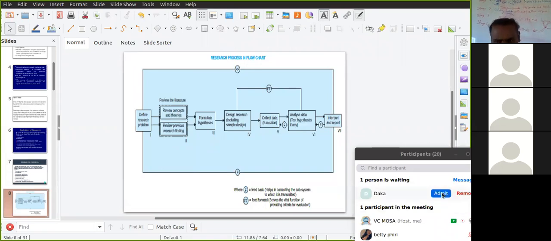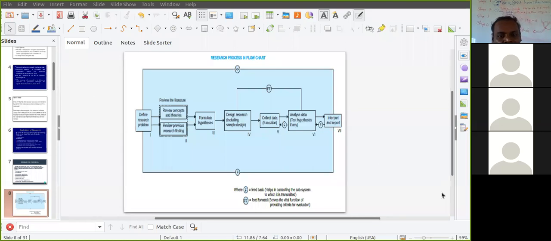So the ultimate idea behind review of literature is to find out the research gap. The end result of review of literature is to find out the research gap. What is all the knowledge already generated in your topic? The area which is not covered by any researcher, that is the one you are going to take for your research work. So through your review of literature, you are going to find out the gap area that exists in your study.